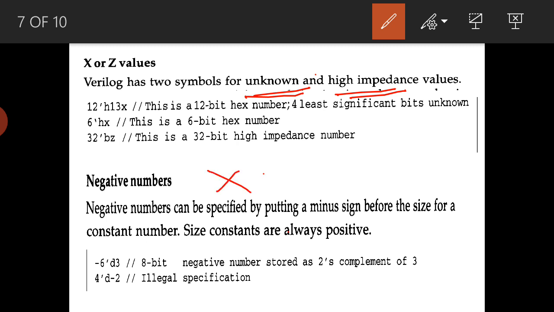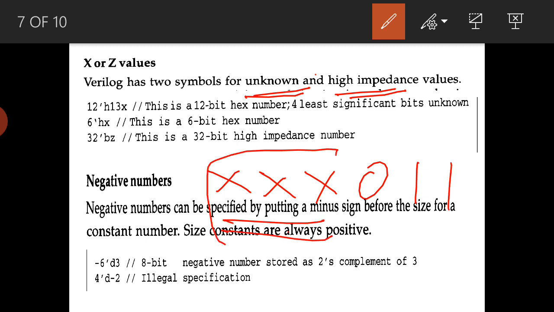You'll write like this. This means don't care, whether it can be 0 or 1. If this is 0, write a specific value. In that case we can use the unknowns.